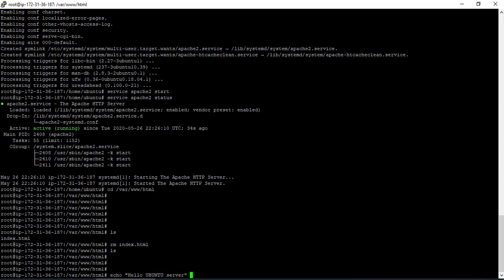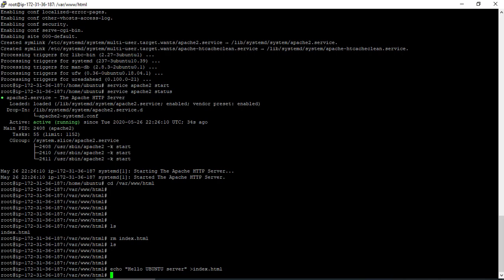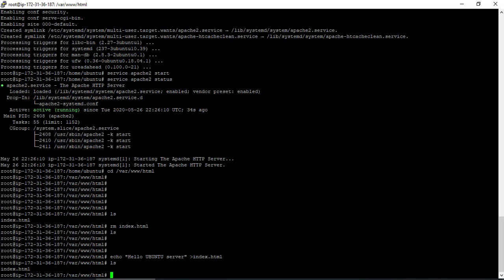And then I can say greater than symbol, and then give the file name which I wanted to create. This is already deleted, but we are now creating it using the echo command, and I'll click on enter. So now this is done. I can do an ls and see whether the index.html file is there or not. Yes, it is there.